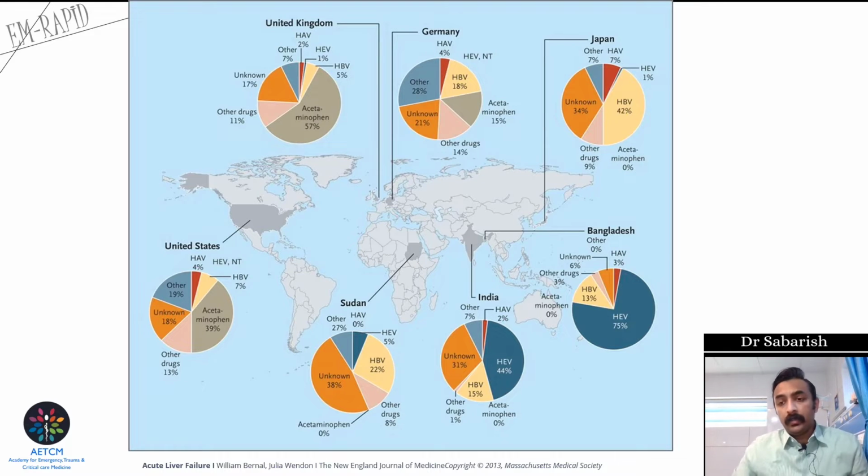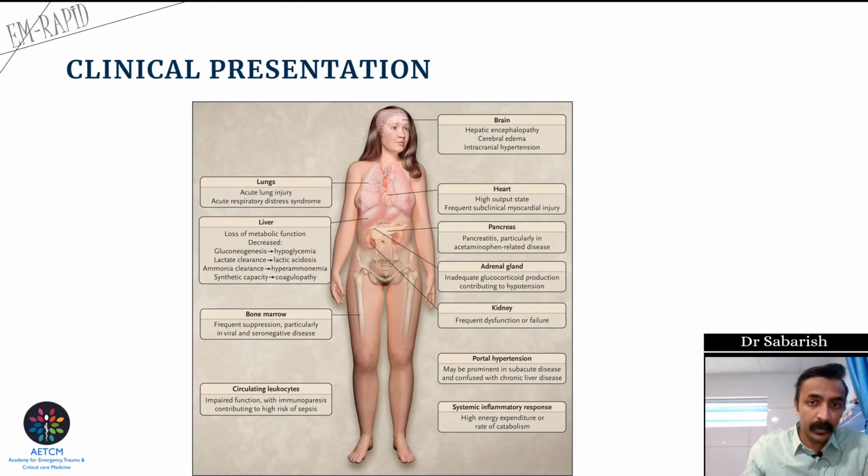But the reports from our own institution, where ALF leading to transplants, we had a significant number of patients who had rodenticide poisoning, even ATT-induced and other drug-induced toxicities, which still form a major chunk of patients who have ALF leading to transplant. So this should give you a quick outline of what is to be expected based upon the geographical location. So clinical presentation, yes, I would rather